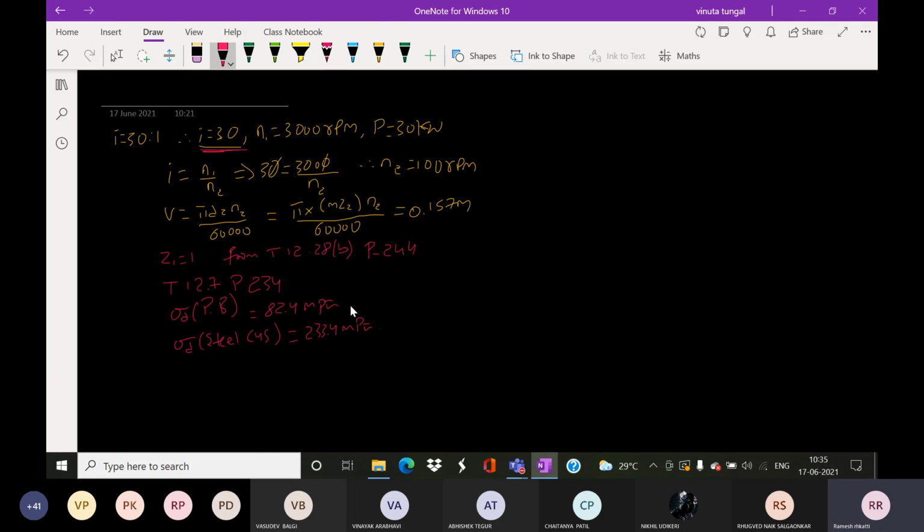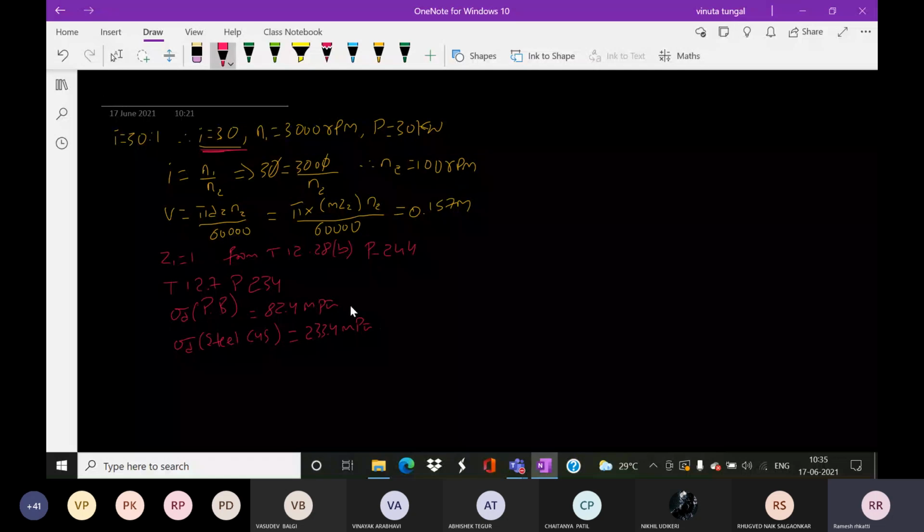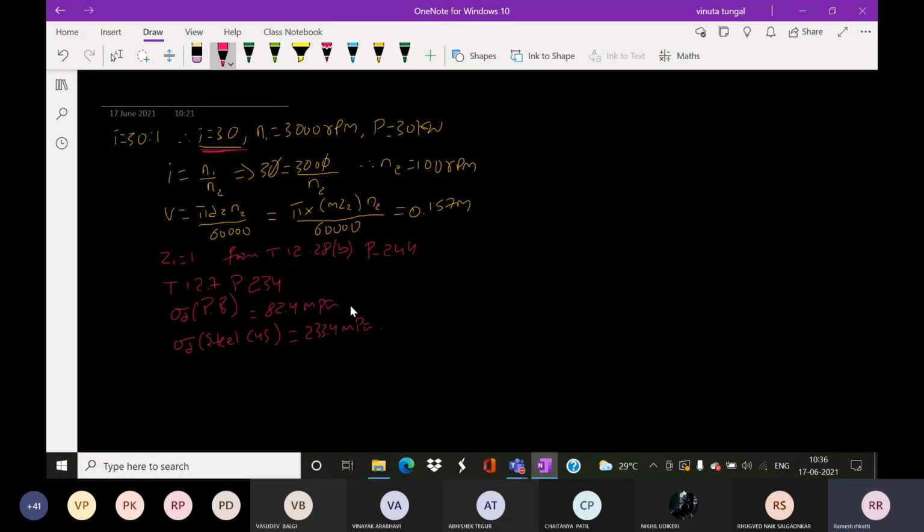In this problem, the type of material has not been given. If the type of material is not given for the worm gear and worm, you need to assume. Otherwise, if it has been given, you have to take down the value. Sometimes they will mention the material name. When they mention the material name, at that time you have to use table 12.4 from page number 233. You need to substitute that value. From that, you are going to get the allowable static stresses for the worm gear as well as the worm.